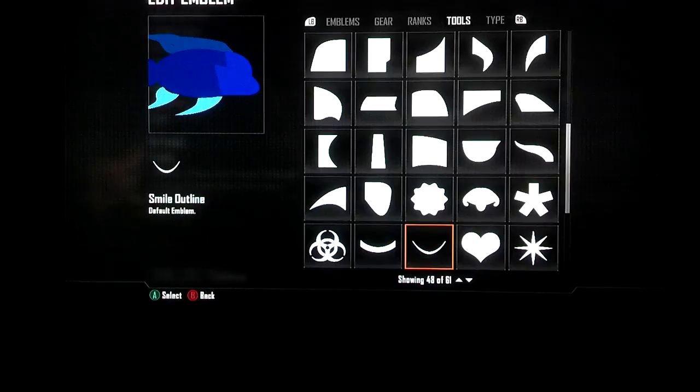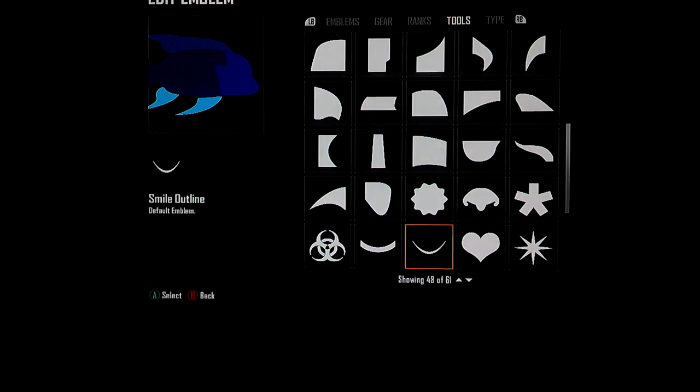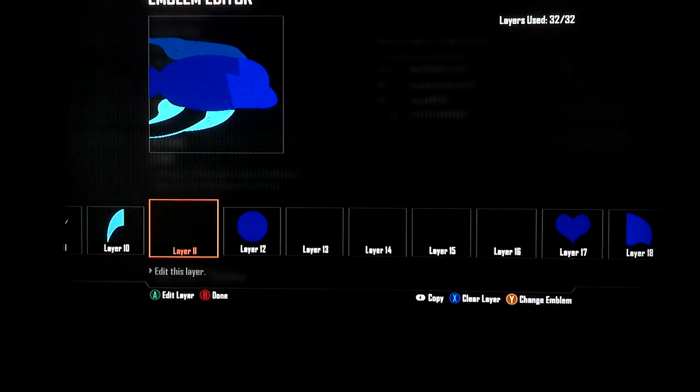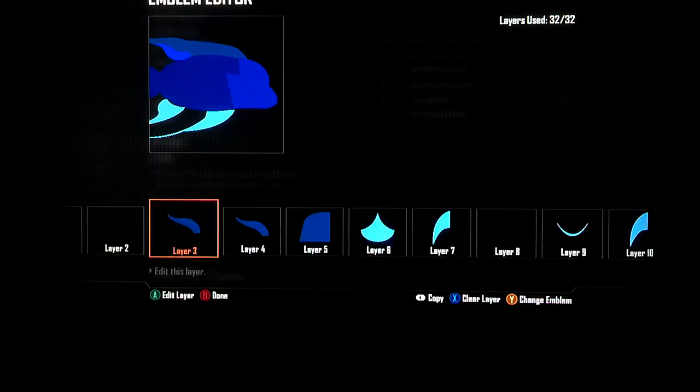And then layer 9 is a smile outline. Smile outline, same color, and I have it elongated. I have it stretched out a little bit so that it goes all the way out like the long fin does on the Frontosa. So now that we have that, there's only one more fin, and it's back here in